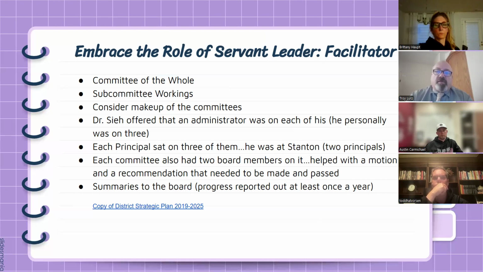And so that's kind of an interesting perspective that I got when I had my conversation with him. Yeah, if I recall correctly, he had one committee each month report out on what was going on, so it took over the course of the year, I believe, something like that. In a conversation I had with him as well. And I think that's a great idea.